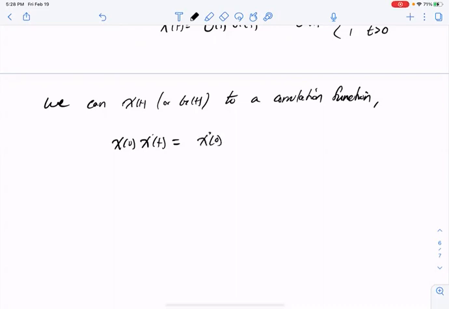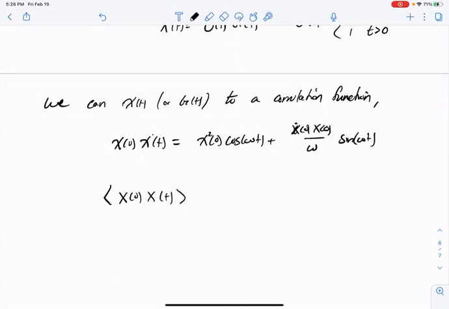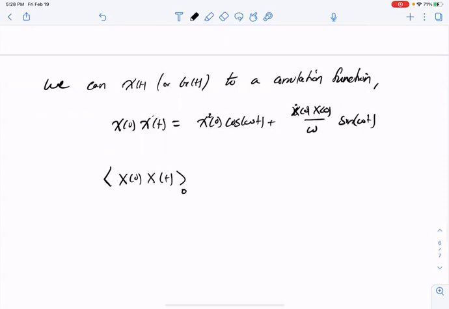That is x of 0 squared cosine omega t plus x dot of 0 over omega sine omega t. Taking an average of the left-hand side gives me the correlation function in the absence of the force, which is equal to, again,